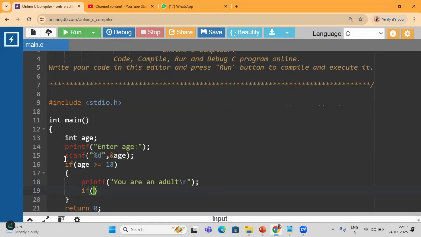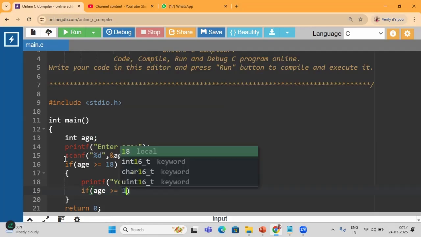If the person's age is greater than or equal to 18, then he or she is eligible to vote. But if it is less than 18, then it goes to the else block, so they are not eligible to vote. So in this if block, we will also write if age greater than or equal to 18,